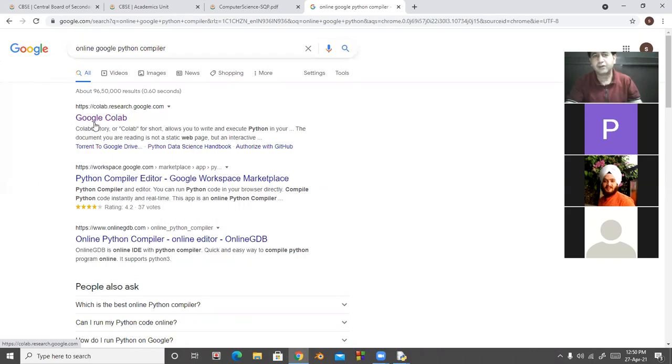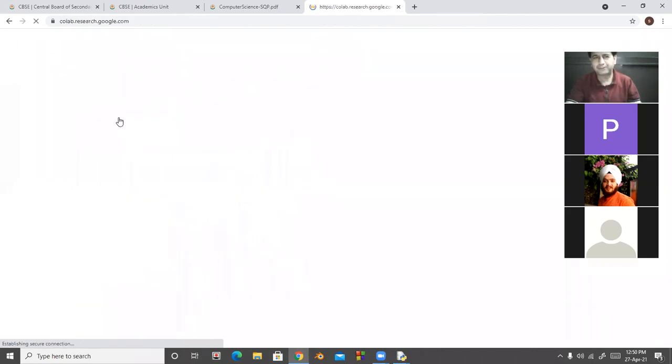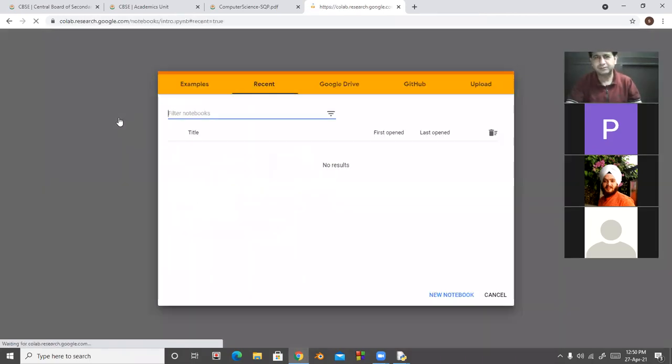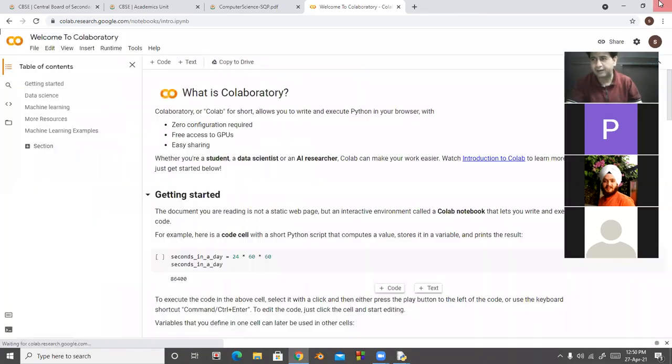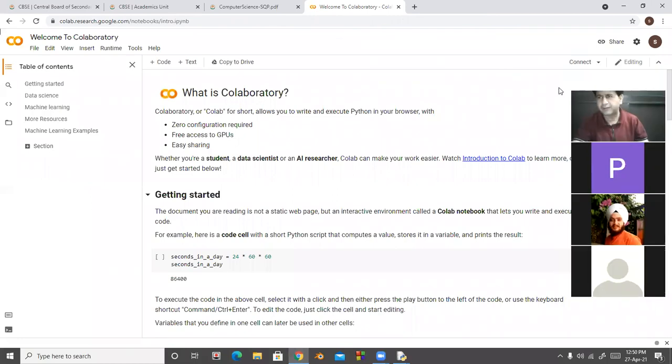Look at here, Google Colab. Because I have already logged in with this email ID, there is no message.